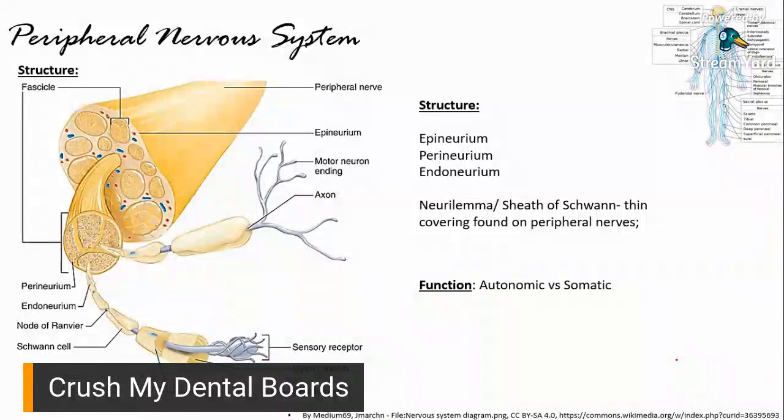Okay. Peripheral nervous system. Now, for the peripheral nervous system, kanina we mentioned like certain differences with the peripheral nerves and your central nerves. Sabi natin, diba, with the peripheral nerves, like, fibers would have myelin sheath, but the one responsible for the myelin sheath would be your Schwann cell.